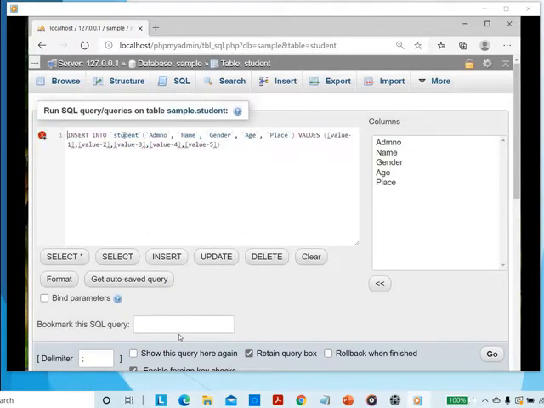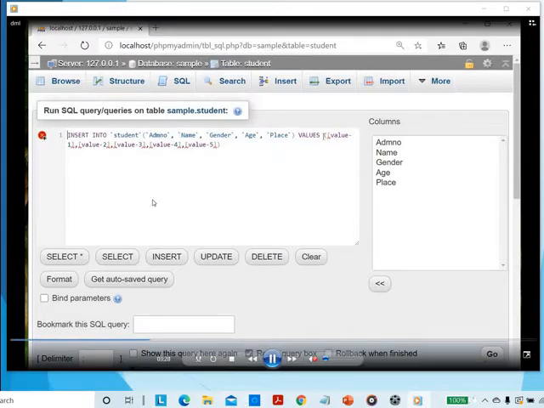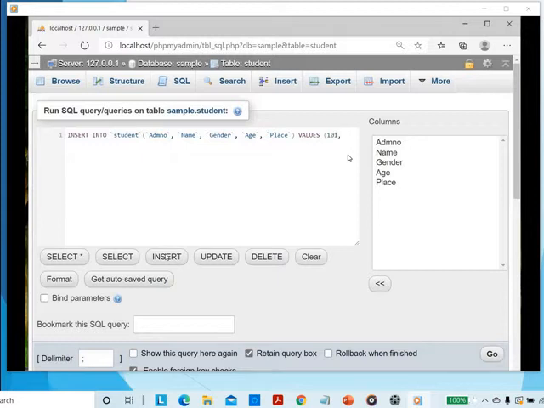Using this option also you can insert a record. Instead of typing, we can use the predefined line coming from this Insert option. Giving another record, with the roll number, name, gender, age, place.